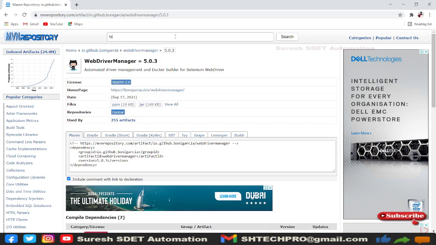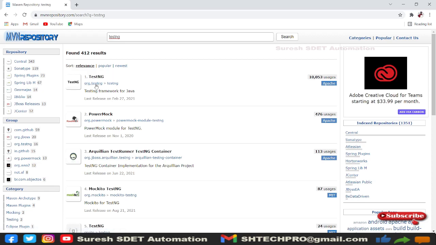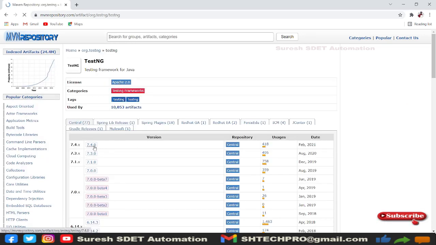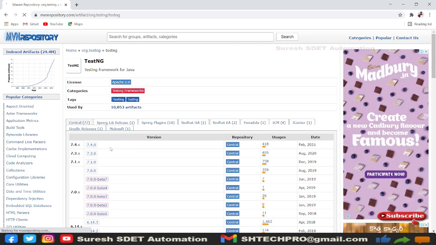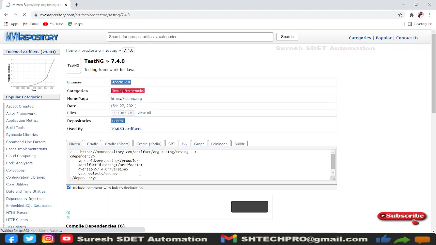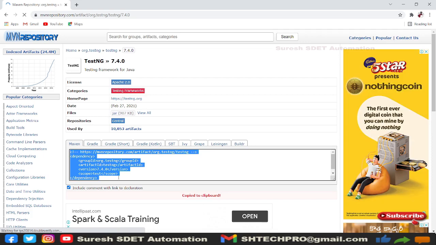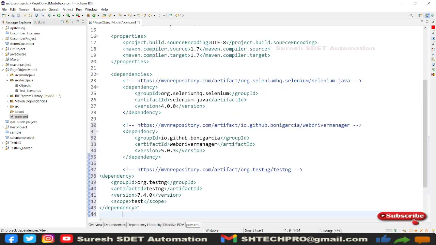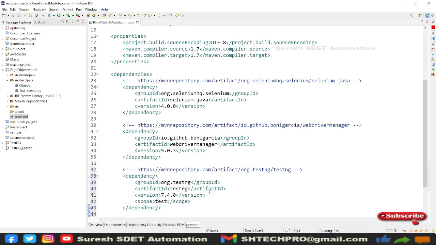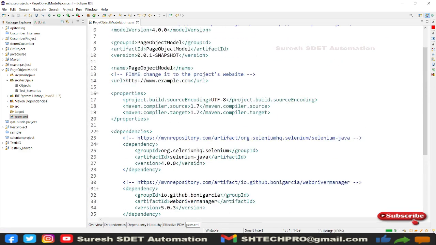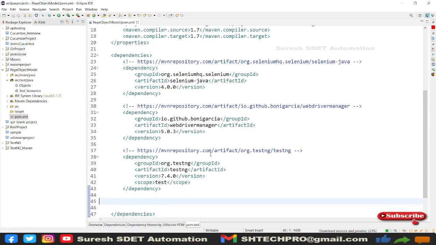I will copy TestNG, org.testng. You need to get the latest version, which is 7.4.0, and put it in your pom.xml and save. Now we need these three dependencies for our project to kickstart.